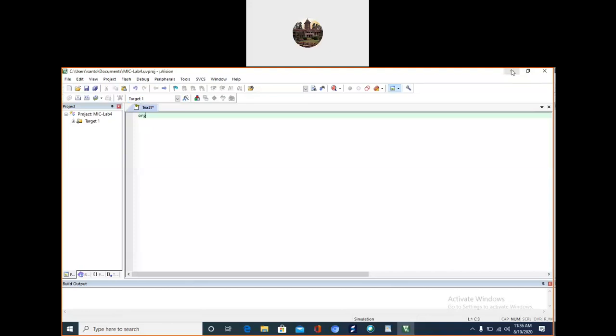ORG. Make sure caps lock is on. Then MOV TMOD, #20H. Don't forget to write the hash here.